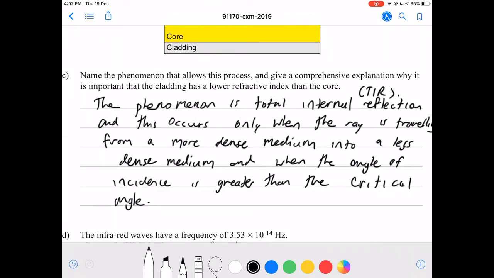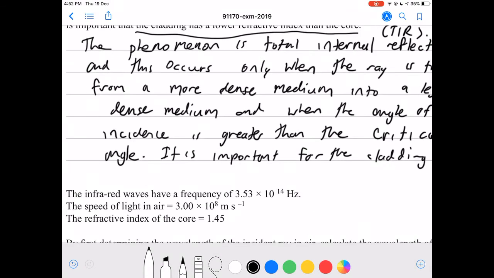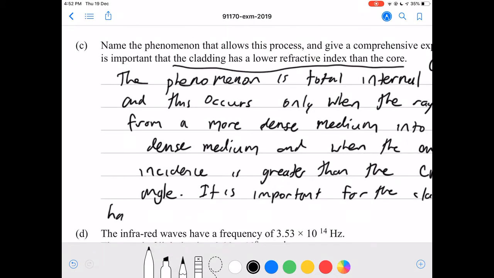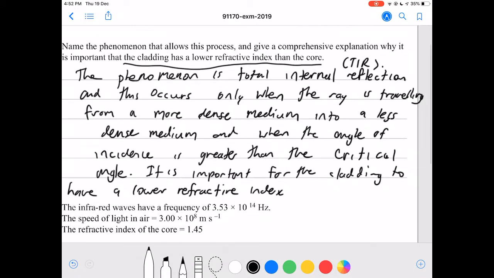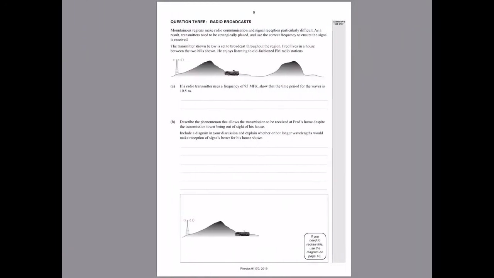Okay, so now you can explain why it is important that the cladding has a lower refractive index than the core. You can say it is important for the cladding to have a lower refractive index because